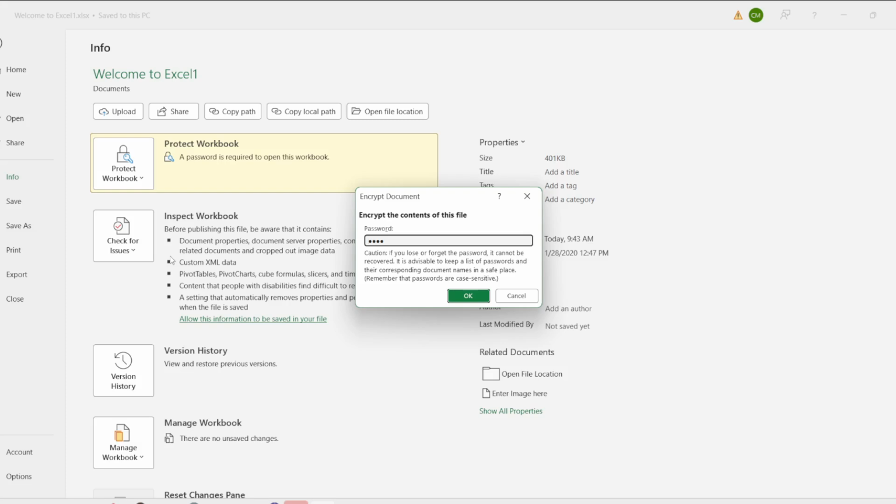A box will appear filled with hidden password dots. Delete all the dots to leave the field completely blank. This action is crucial as it effectively removes any current password associated with the file. When you clear the field, you are ensuring that no password remains to restrict access. Remember, this step is important for making your workbook accessible to anyone who opens it in the future.